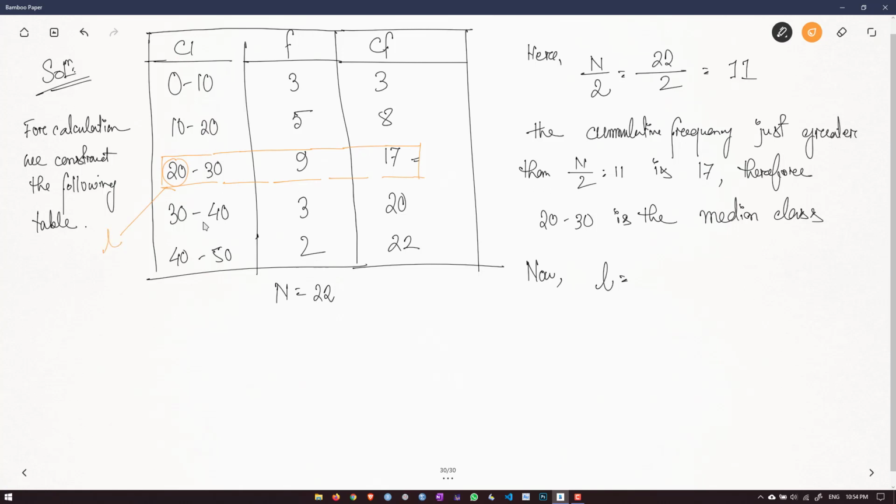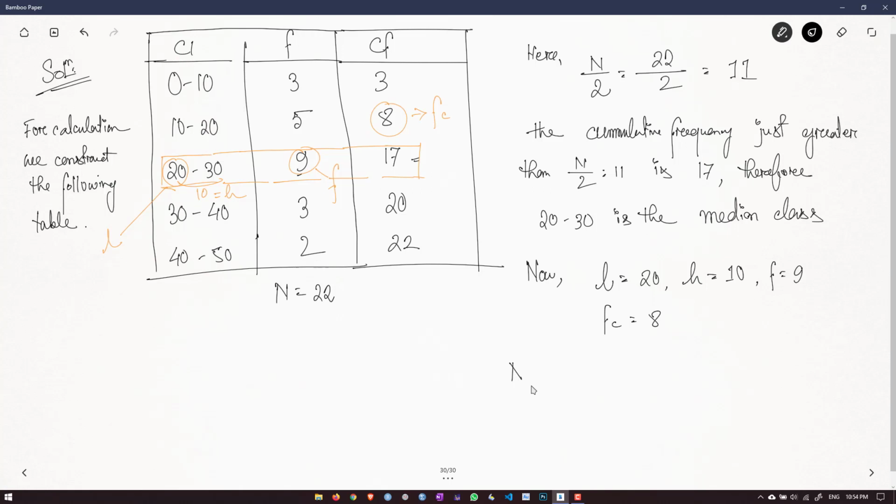This value over here will be your L. This value over here is your F. This value over here is your FC, right? The difference between them is 10, which is your H. That's all, right? So we will write here now L is 20, H is equal to 10. 10 is 30 minus 20, right? F is equal to 9. And FC is equal to 8. 8 means the cumulative frequency is just less than your median class, the one before your median class,